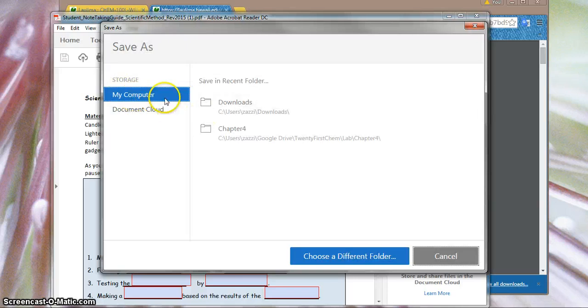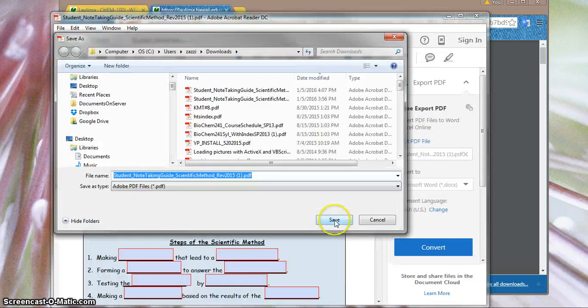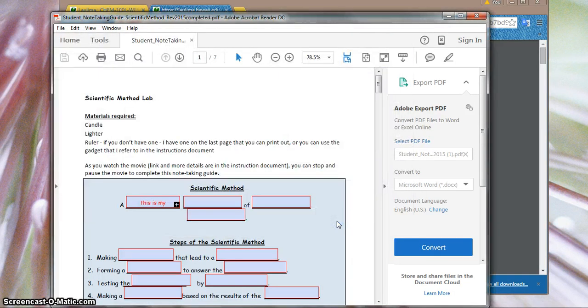Save it wherever you want to. I suppose you can go where it was downloaded and rename it as something, complete it, save, and you're done. And from there, of course, you can go back to your assignment